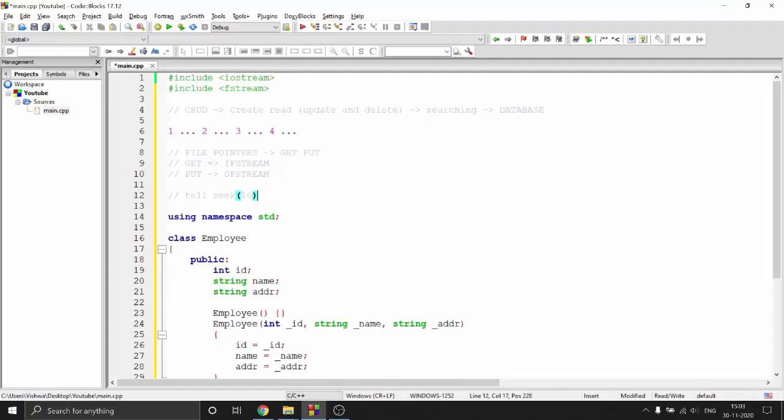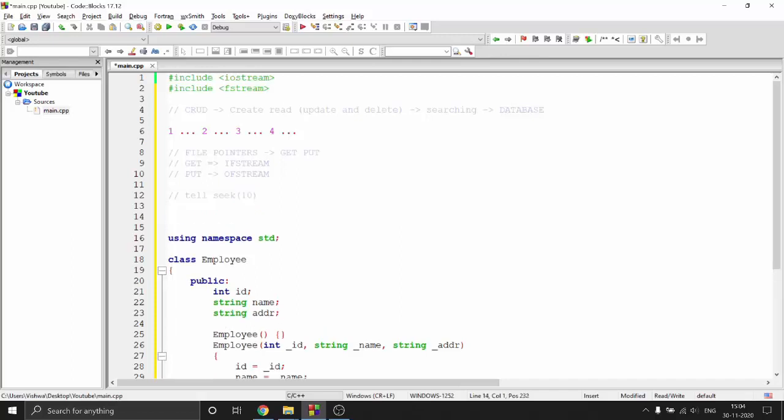So that is all about the file pointers, and we'll be using this in code, which will be more clarifying for you, because these things are something which you need to understand when you are working with binary files. That is why in the previous video I told you that we need to understand how the read and write statement works, that syntax. You remember that, right? So char star, address of object, and then size of object. Now these things are basically interacting with these functions inside, right? So this whole thing tells that I need to write this whole array of bytes, and this is the crucial thing which tells how many bytes to write.